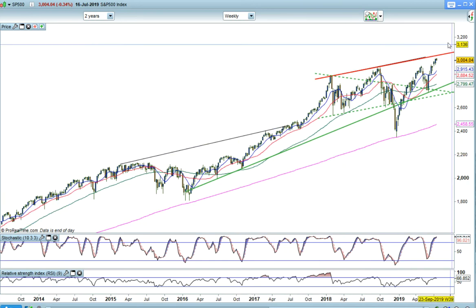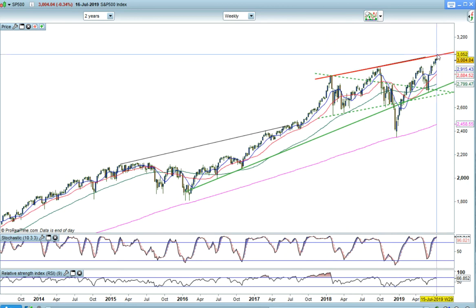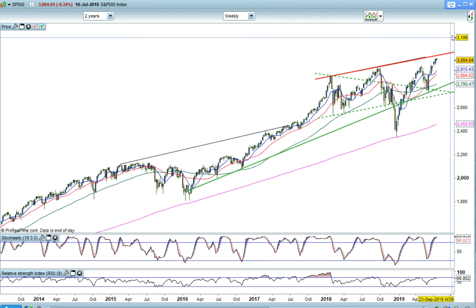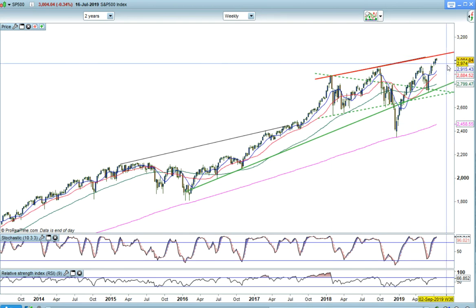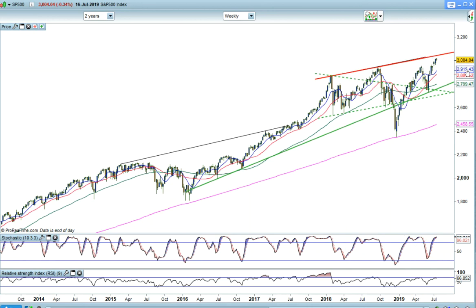And then how you gauge how long it's before it gets there, you look at the pattern, and however long the pattern has taken to form, and this has taken 18, 19 months to form. So what you would do is you would expect this, if it breaks there, to reach its target area within 6 months.